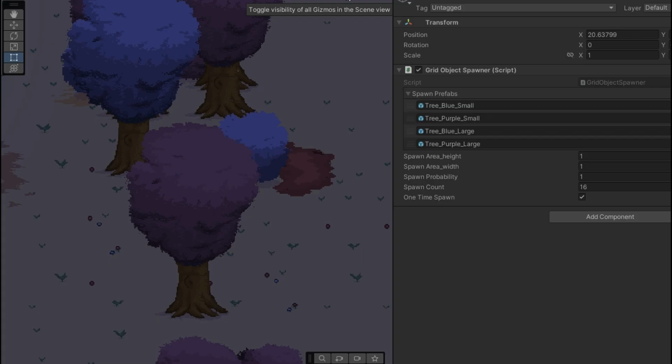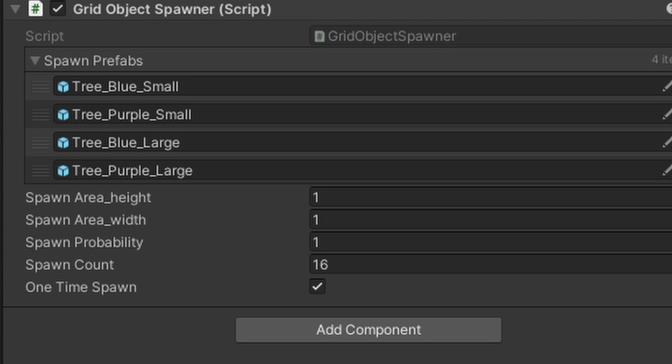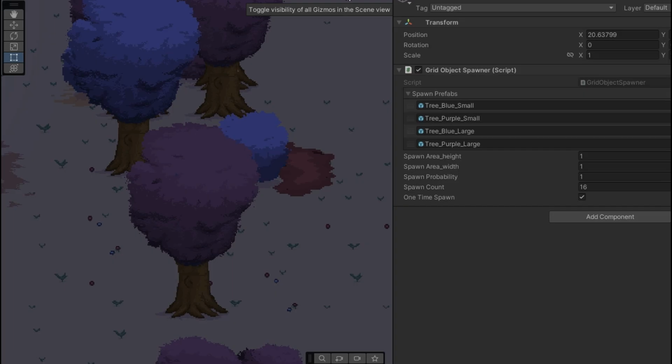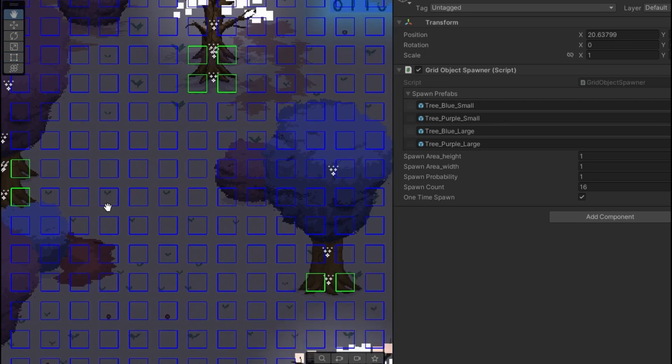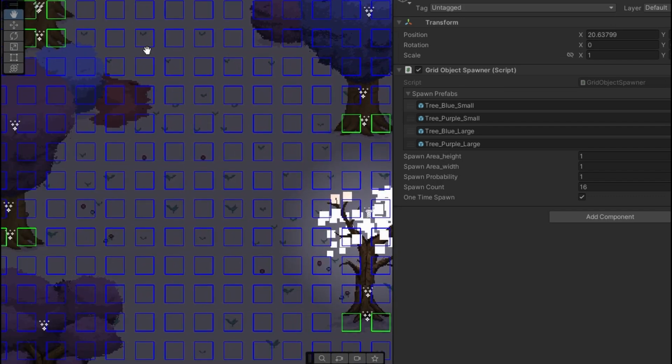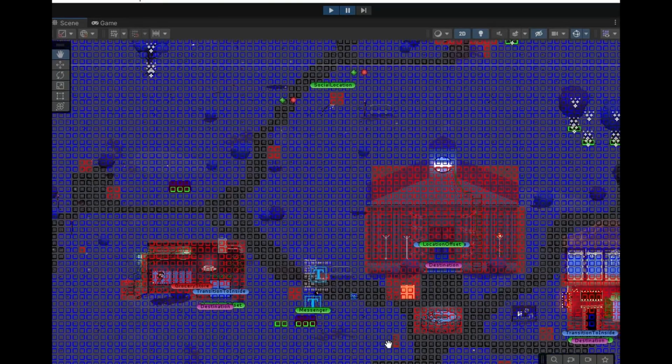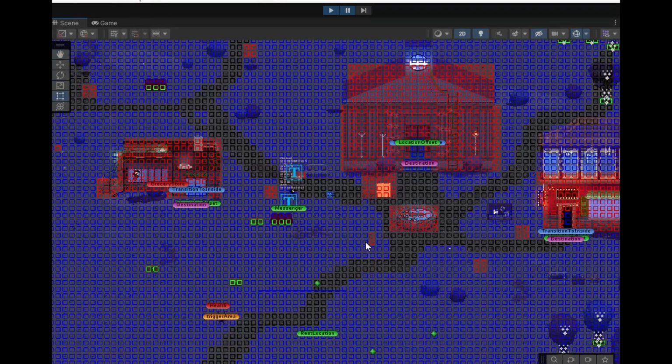And then another thing that I mentioned was I also wanted to modify my object spawning script so that things like trees and resources could now spawn on the grid squares, because before they were just getting spawned at random positions within the Unity world space. But spawning on the grid just makes sure that things won't spawn on top of items that are placed on the grid and helps me kind of just to keep track of